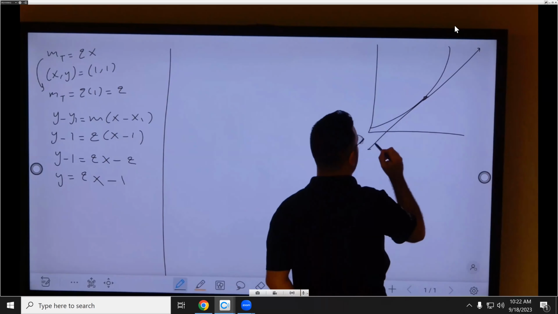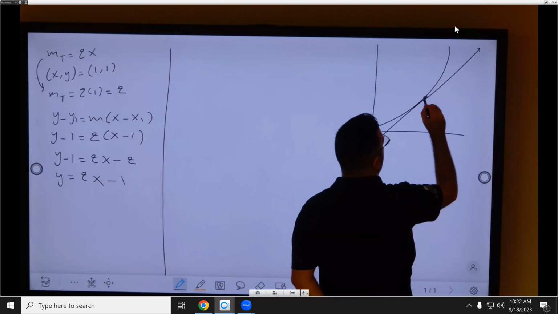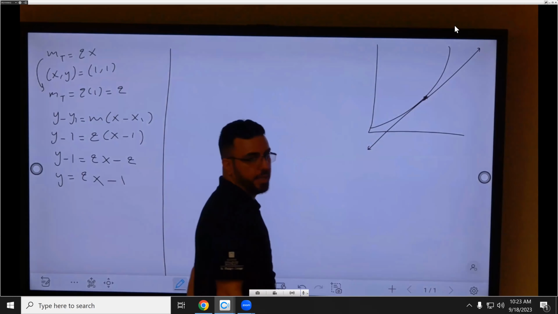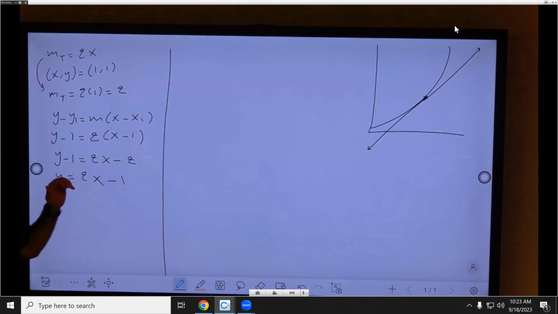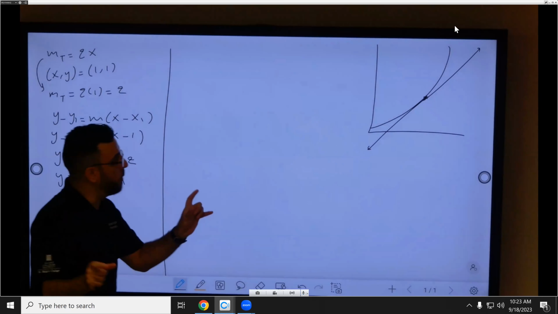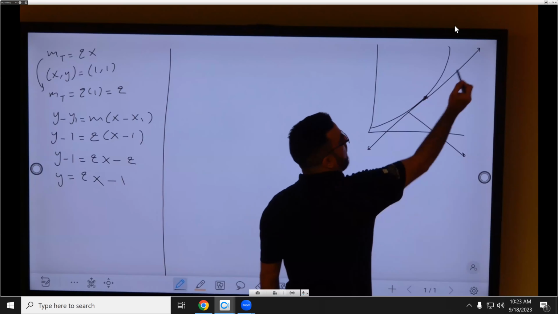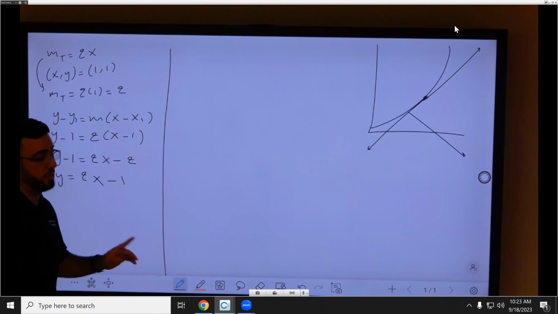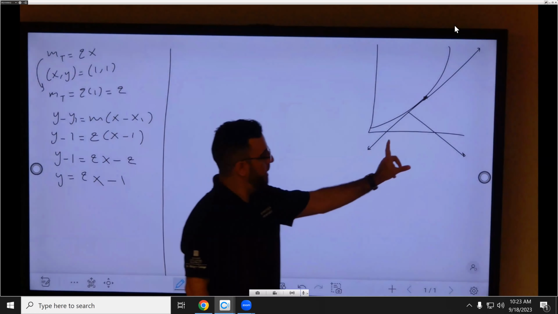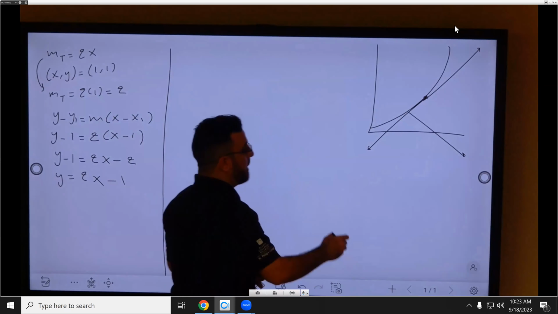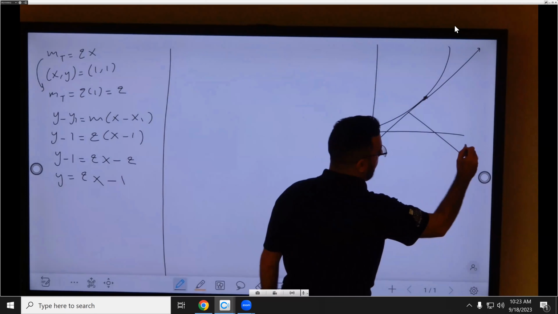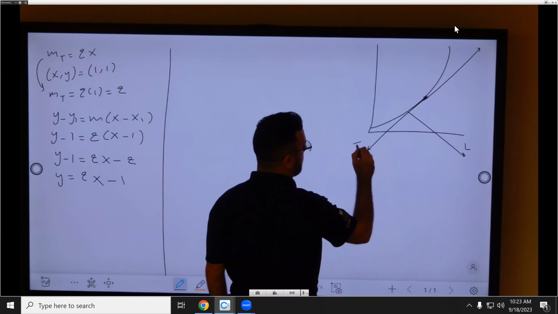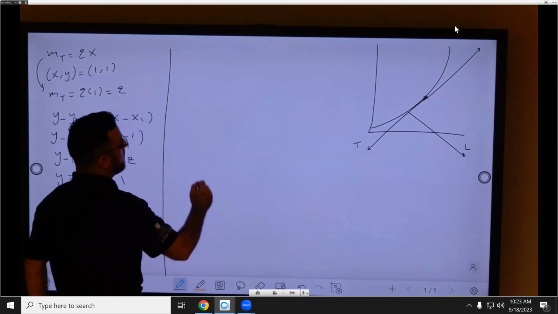Okay? Our goal is to find the tangent line for the curve. Exactly the same example as the previous one, I'm just changing the word parallel to perpendicular. That means here's the line, intersecting perpendicular on this one. What's gonna change? They're gonna give you the line here. Let's say this is the line L, and here is our tangent line. The difference is going to be that the slope